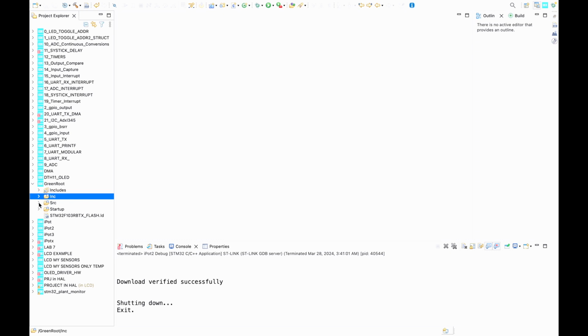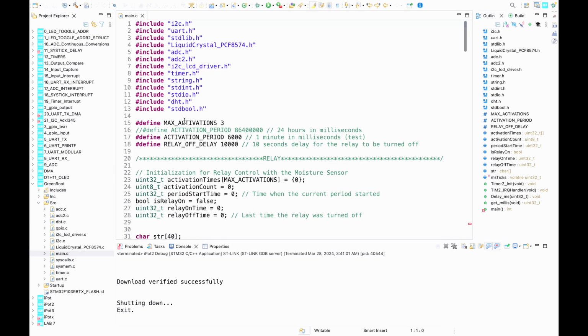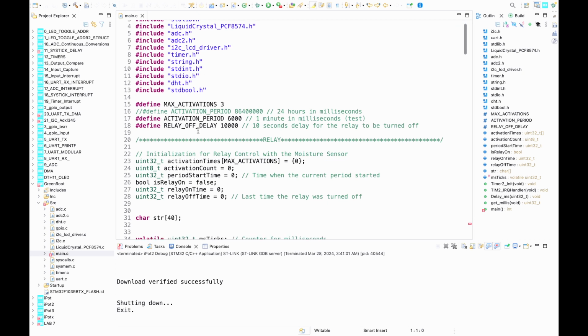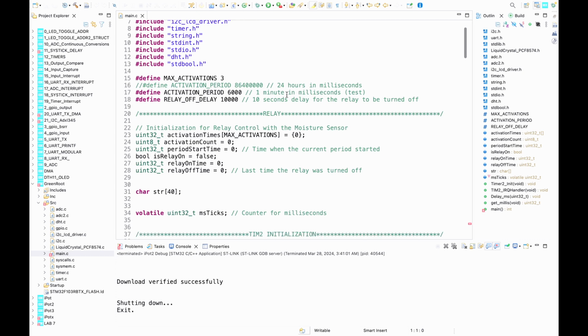Now we can see that the files are here. I'll go to main.c and I explain everything in the code here. So I'm just going to go over the relay very quickly. This one is an activation period for 24 hours. This one is 1 minute. It's not in milliseconds. The milliseconds function is not exactly, because 1 minute in milliseconds is